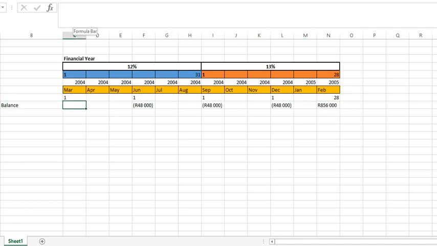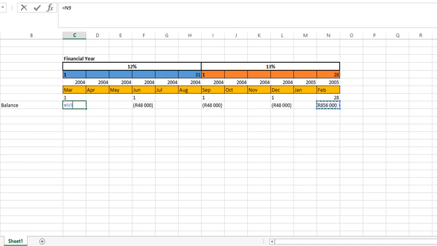Our balance we do not know yet, but from that balance, on the 1st of June, we paid off 48,000 Rand. On the 1st of September, we paid off 48,000 Rand, and then on the 1st of December, we paid off an additional 48,000 Rand, to get to, at the end of the financial year, our balance of 856,000 Rand. So in other words, to get to our balance at the beginning of the year, we will say here,